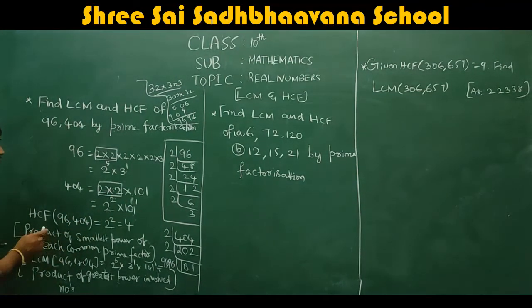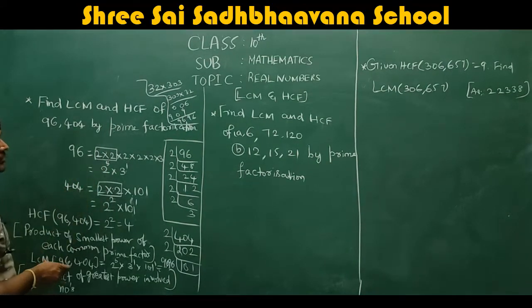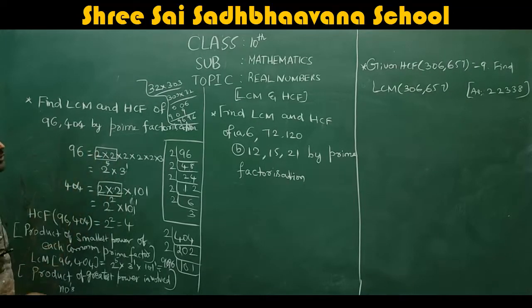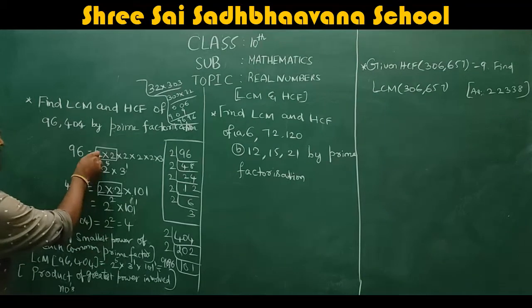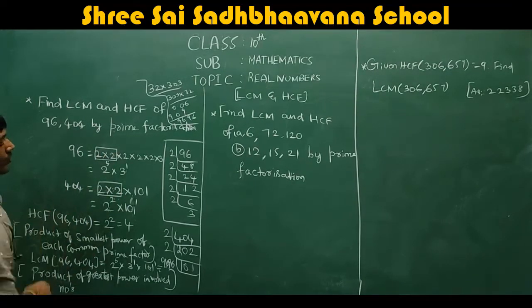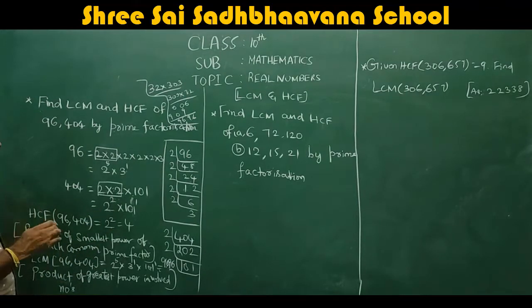So now to find HCF, what I said is to take what is common in both. If you see, here two 2s are there, and here also two 2s are there. So in both cases, two 2s are common. That is why two 2s are the HCF. Two 2s means 2 into 2, here and again here. So this is common in both. 2 into 2 is 2 square, so that will be the HCF. That is one way to find HCF.